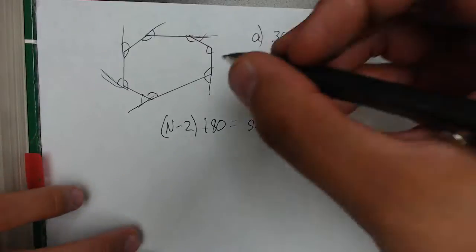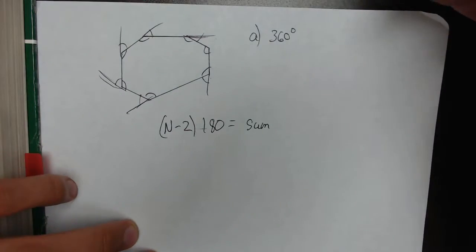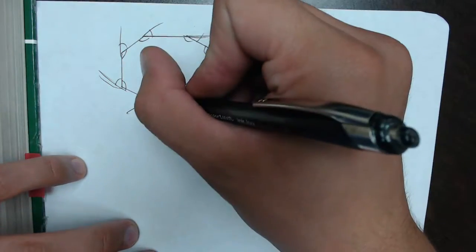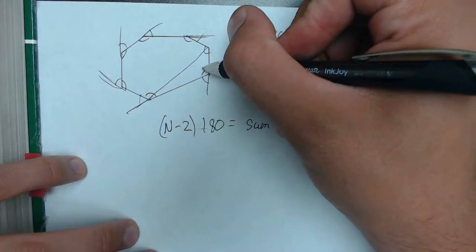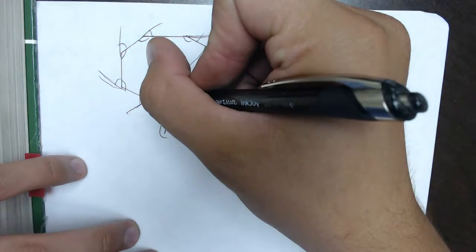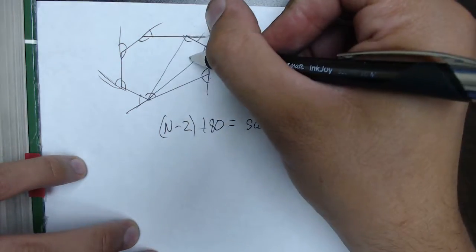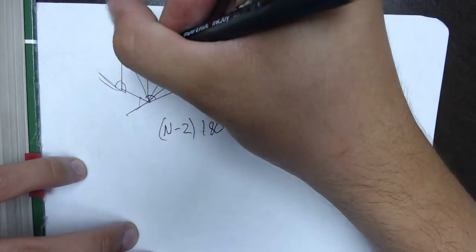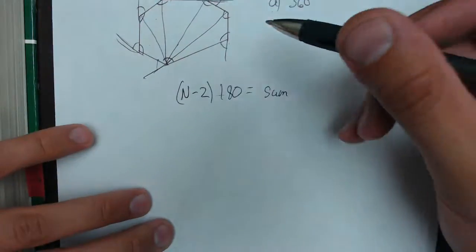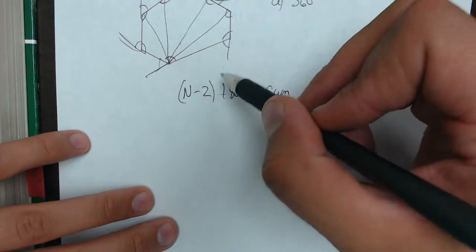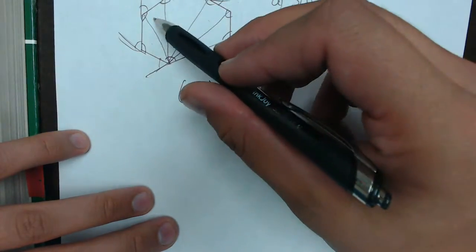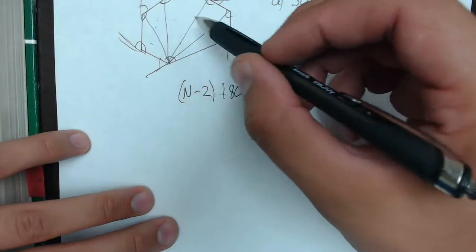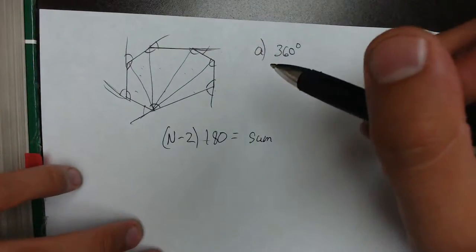The reason for that is because it takes 3 sides to draw a triangle, right? So if I take away these 2 sides, I draw a triangle, that's 180 degrees. If I draw another line, that's another 180. Draw another line, another 180. Draw another line, 180, 180. So the number of sides minus 2 will always be the number of triangles you can fit in any polygon. So we have 1, 2, 3, 4, 5 triangles. So